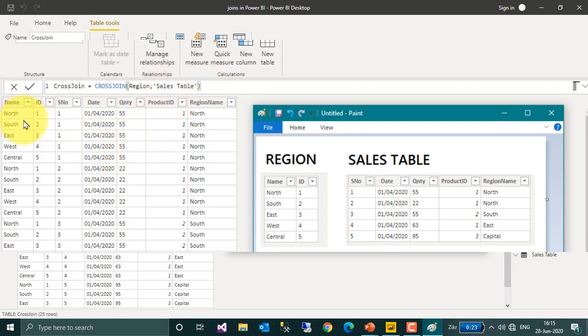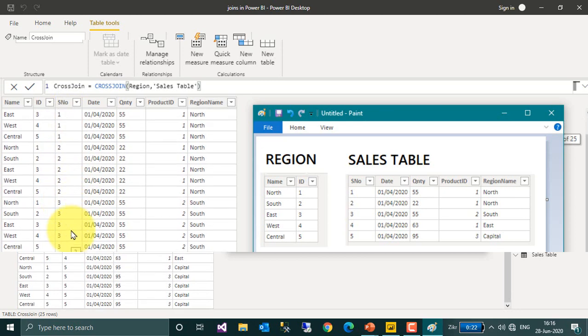So first is the north, south, east and west, and central, then north, east, south and west. So it returns 5 values here, again north, south, east, west and central. So these are the 5 values from the region table it has brought up here. Whereas if you look at the next table, which starts from here, the serial number 1 repeats 5 times, 2 repeats 5 times, and 3 repeats 5 times, 4 repeats 5 times, and 5 repeats 5 times.